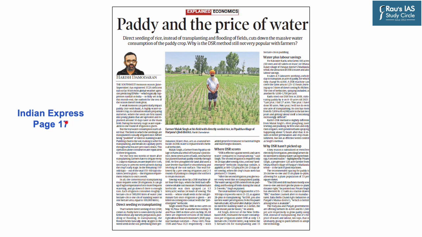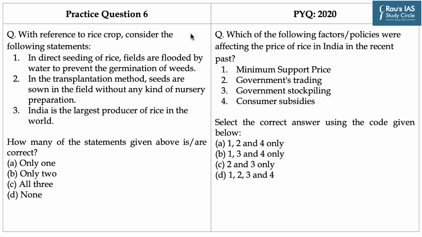Now moving on to the last article of the day, which appeared on page 17 of the Indian Express. This article explains how a weak monsoon can particularly impact paddy, which is a highly water intensive crop. Cultivation of rice and wheat and its productivity has a major impact on food supply and food inflation respectively. Hence, it is an important part of UPSC syllabus, which you can see from this PYQ of the year 2020, where a question appeared on factors that affect price of rice in India. On similar lines, here's practice question.